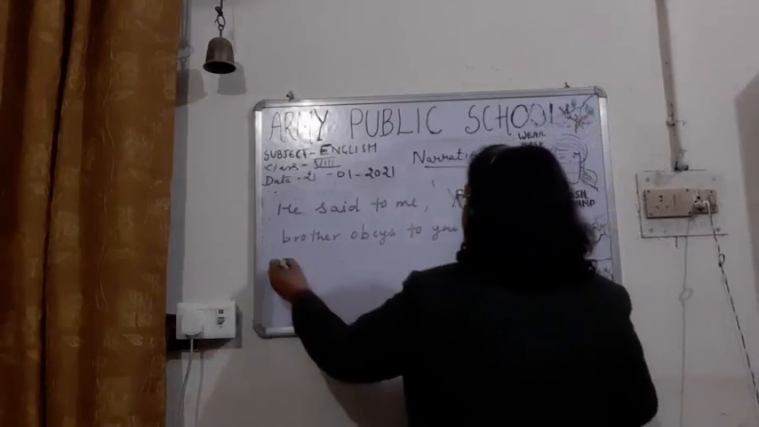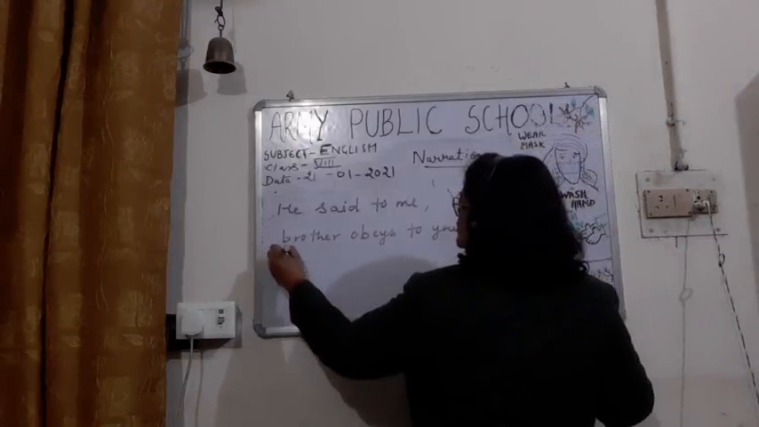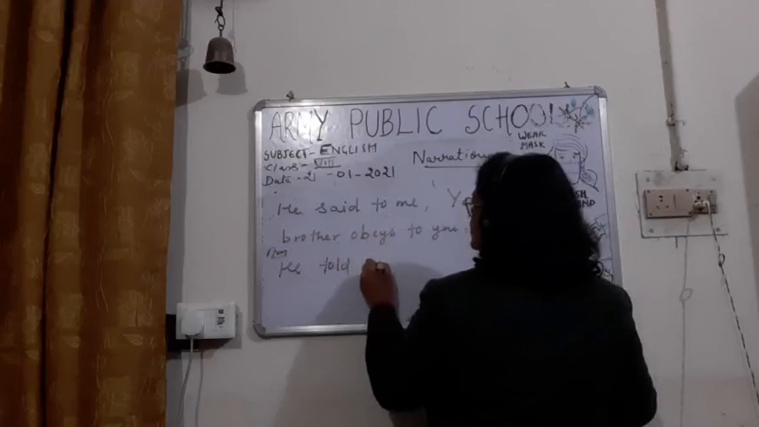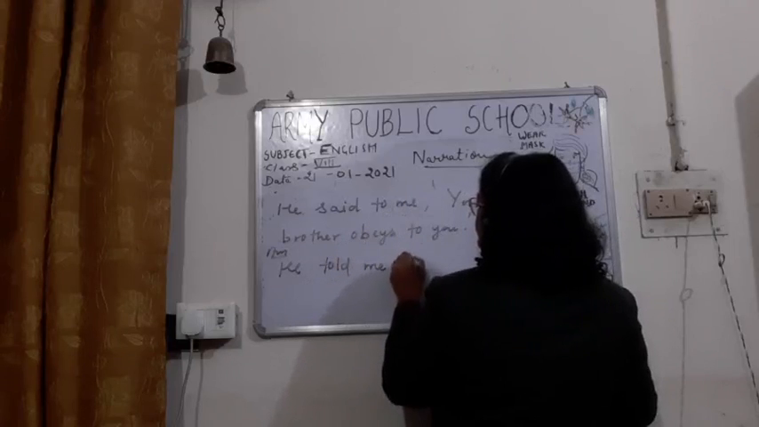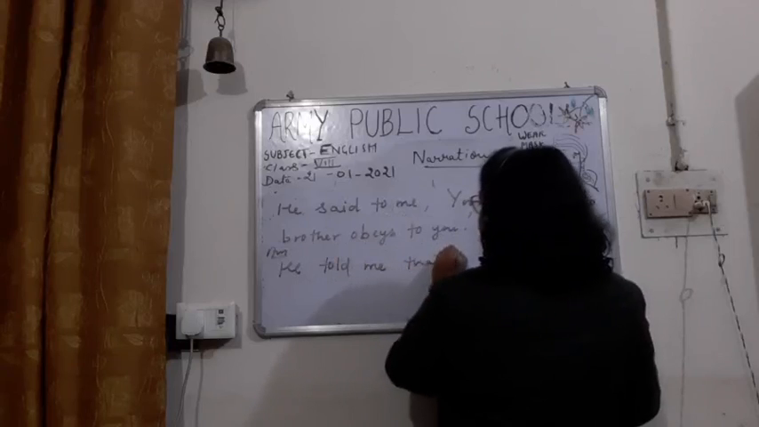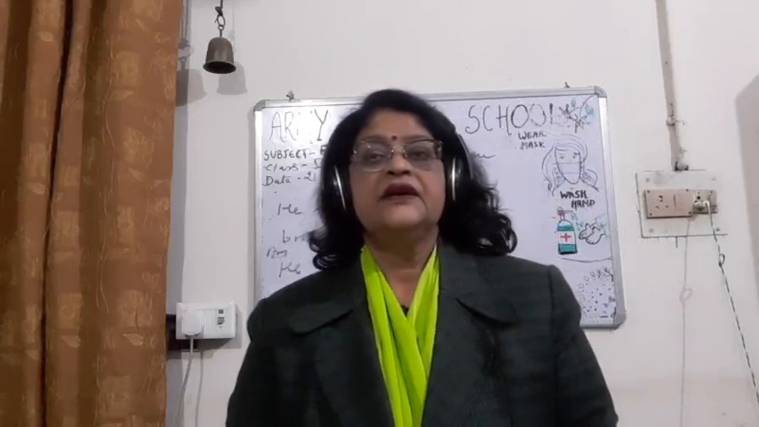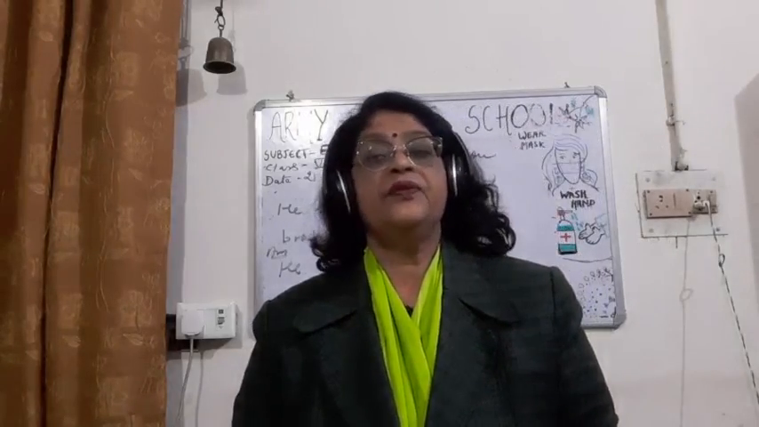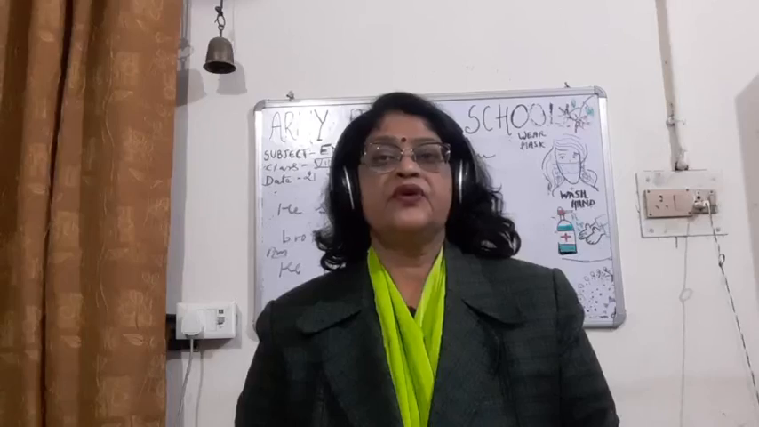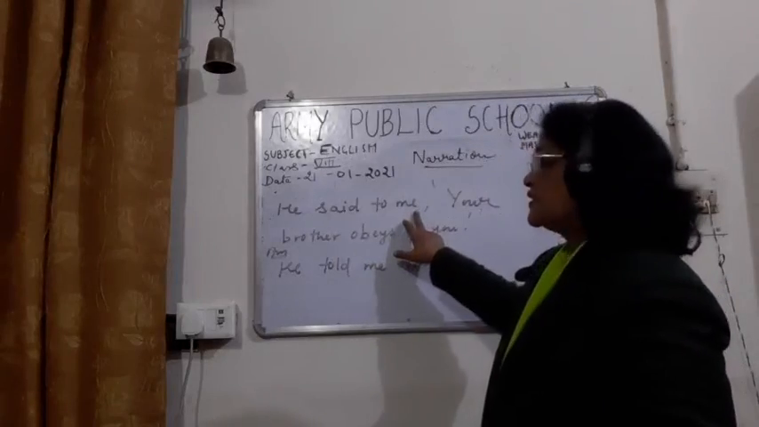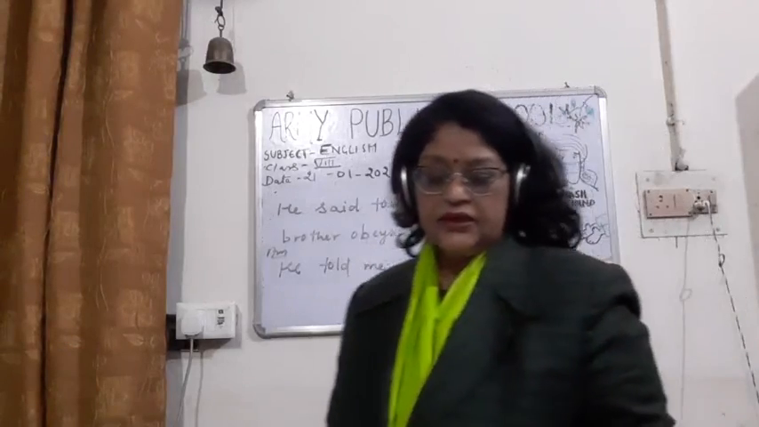So the answer is he told. We will not also use to. He told me. Remove the inverted comma, remove the central comma, add the conjunction that. Now children, your is the object here. Okay, second person. The pronoun of the second person will change according to the object of the second person. So here the object is me. So he told me that